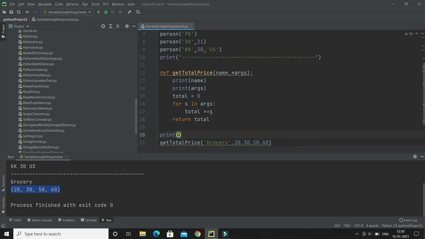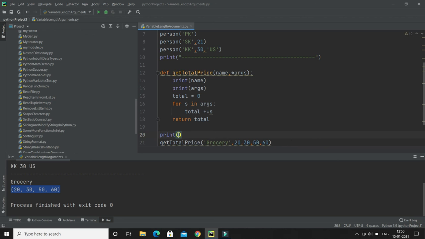Here you also have the provision to pass only strings. If you want only strings, you can pass, like, mk and pk. These strings are getting assigned as a tuple in this variable, but the keyword variable will print an empty dictionary. Let me show you. Initially it is printing the list of strings we are passing, assigned in this variable, but this variable is printing an empty dictionary.